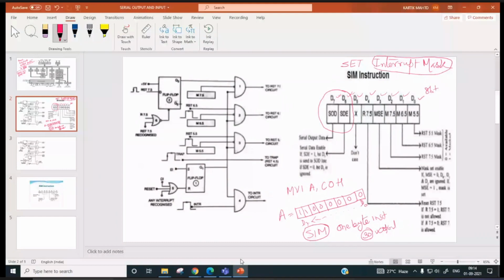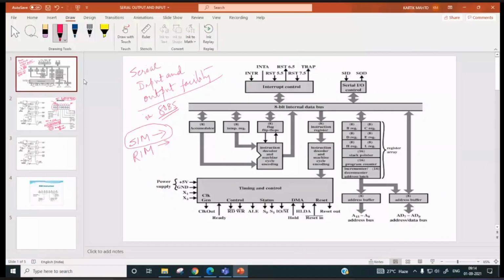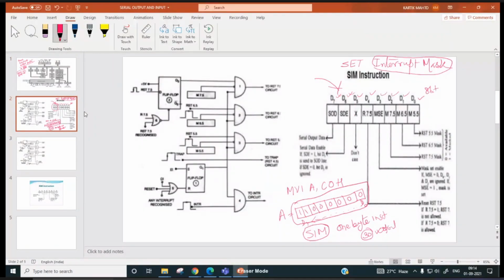It will copy the accumulator content onto this register inside 8085. Well, I should not call this a register, but the accumulator content is copied and pasted over here in this SIM control word. So this will be 1, this will be 1, and the rest will be 0.